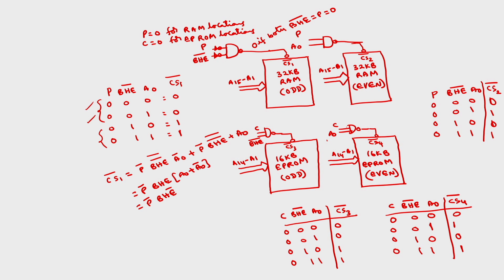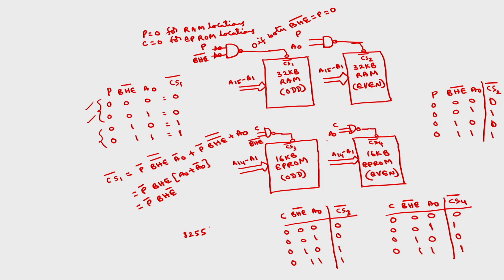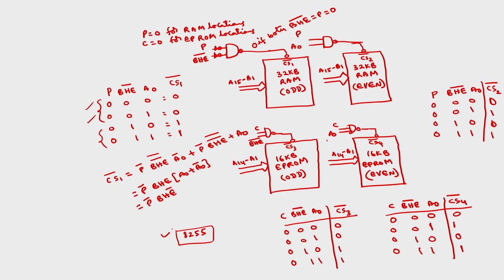So this is how we can interface the memory to the microprocessor. Now we will discuss I/O mapping with the microprocessor. In order to map most of the I/Os, we will require some extra peripheral ICs. For example, the 8255 is a programmable peripheral interface. This is required to connect most of the input output devices, and there are some special ICs to connect the keyboard and the printer. We have DMA and different ICs. But the most useful IC for connecting the I/Os is the 8255. I will discuss this 8255 in the next class. Thank you.